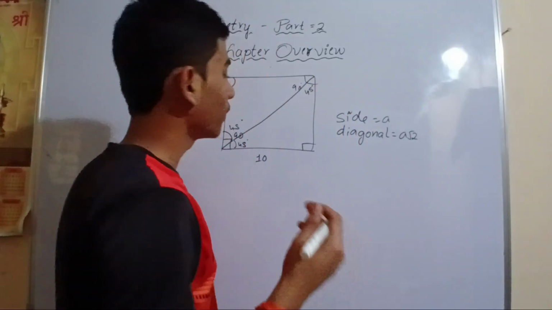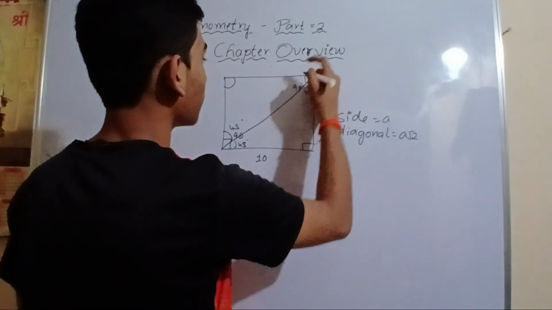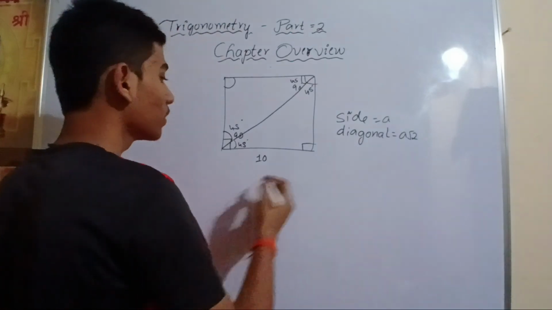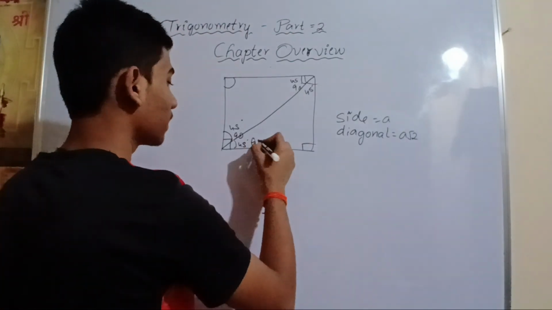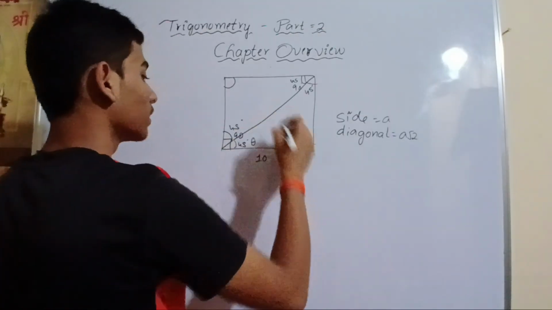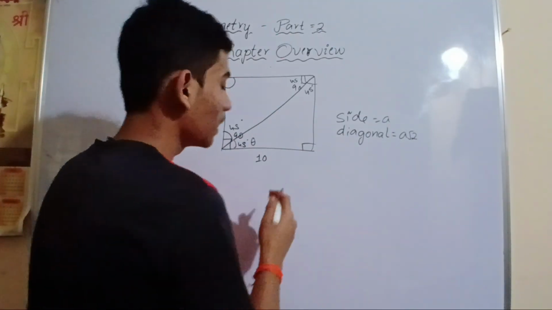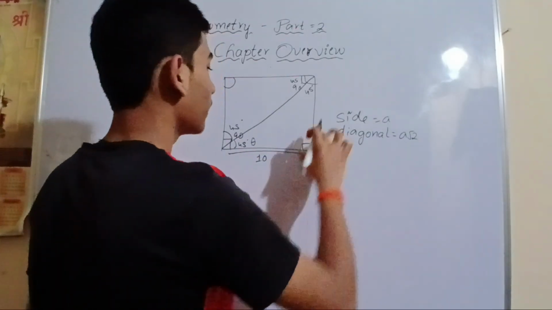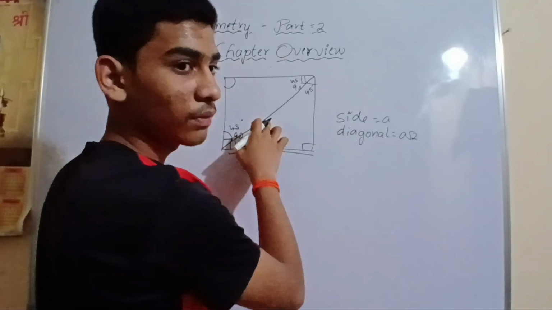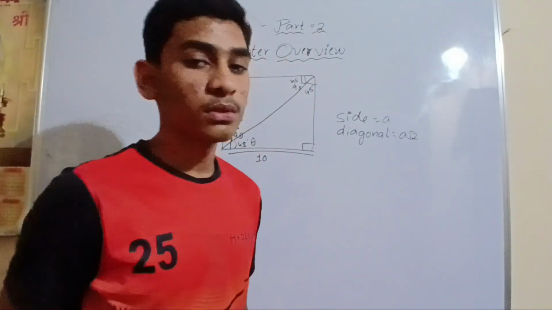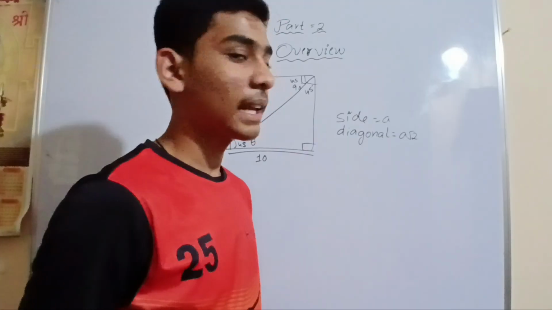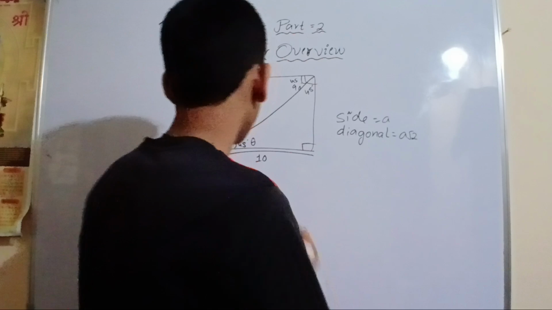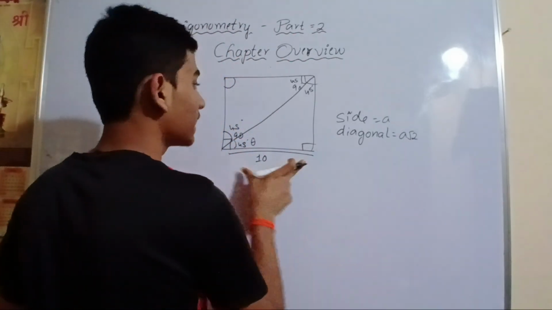Or no need to, if you don't want to use that, you can calculate by the bisection. Here also it is bisected in equal halves, 45 and 45. So if we take this as theta, this is the hypotenuse, and we can use the tan ratio. We are given the adjacent side and we need to find the opposite. There is no work for the hypotenuse, so never get tense seeing there is no hypotenuse given. You can use ratios like tan and cotan, which do not involve the hypotenuse side. So we are given the adjacent side and need to find the